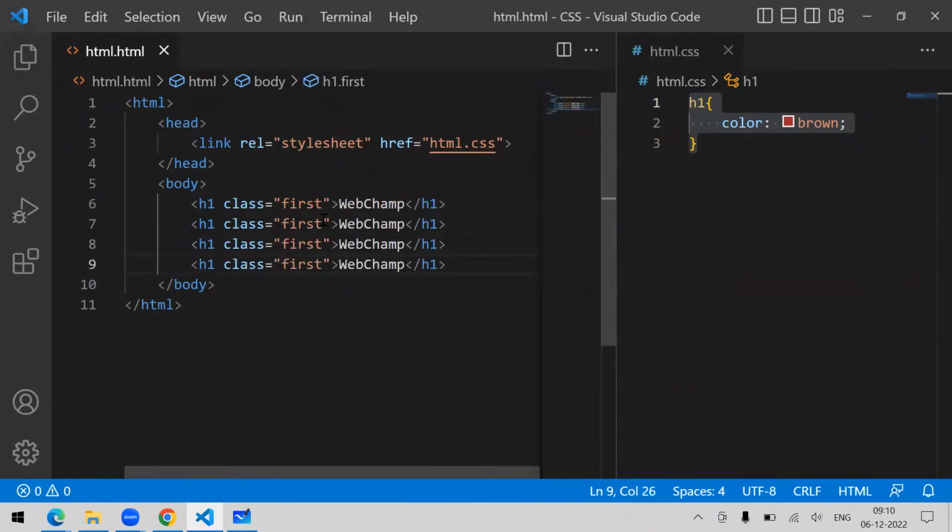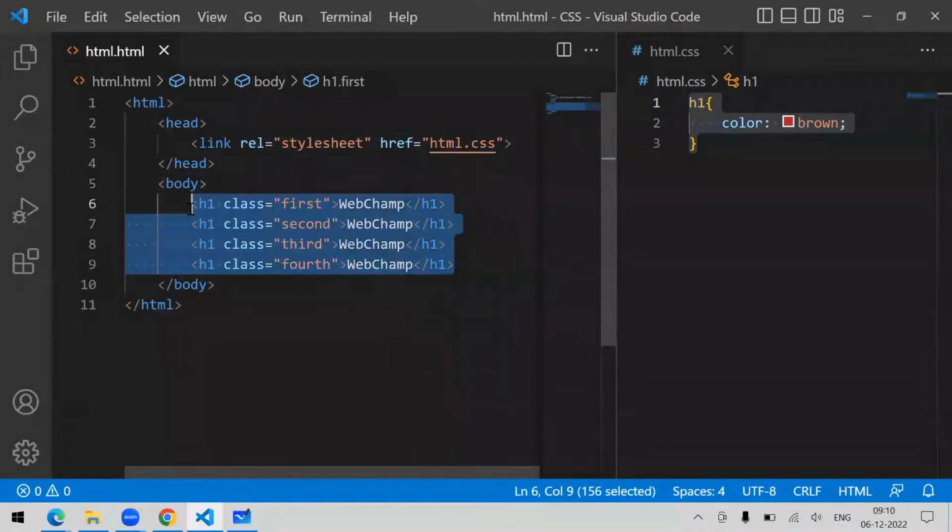Class, and I will say first, second, third, and fourth. Just for demo purposes, I have selected these names. We will not use this kind of names. We will use appropriate names based on whatever content we are going to add to that page. For understanding purposes I have used these; it is not mandatory. You can use first, second, third, fourth, there is no problem, but